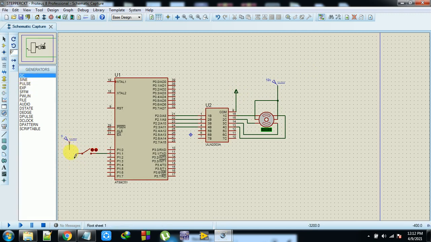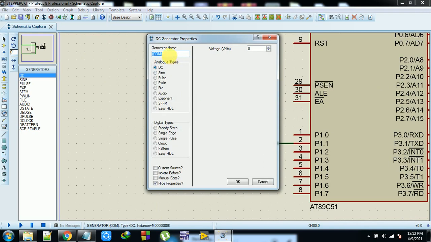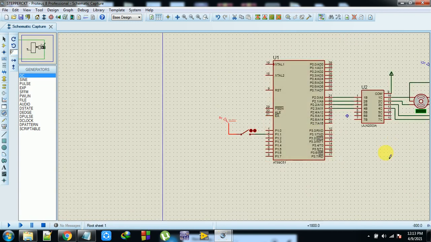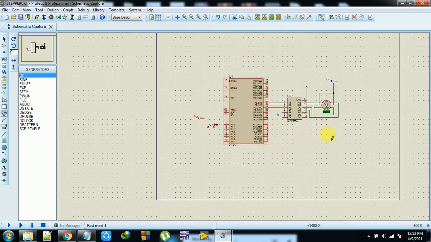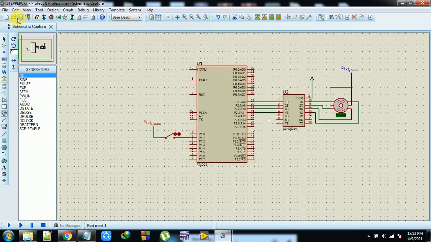This is nothing but some voltage. This is common, otherwise you can take directly 5 volts. Okay. So now this is the circuit you have. Once you build this circuit, just save it, and now we are going to write the program.